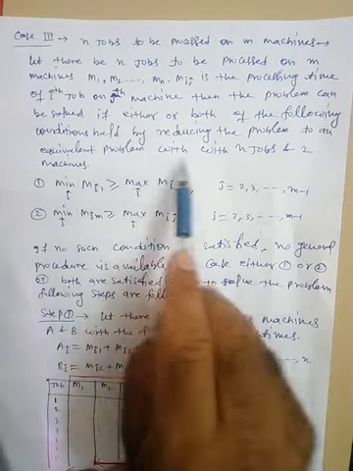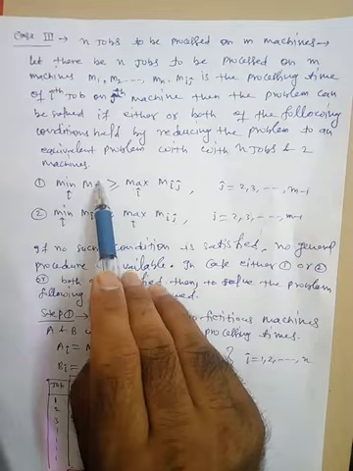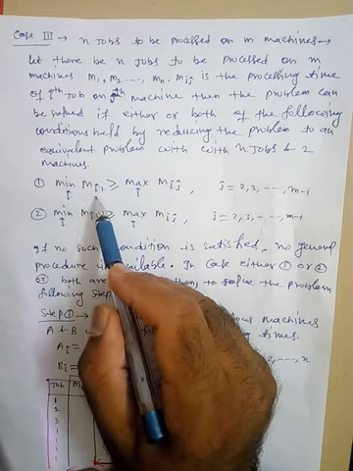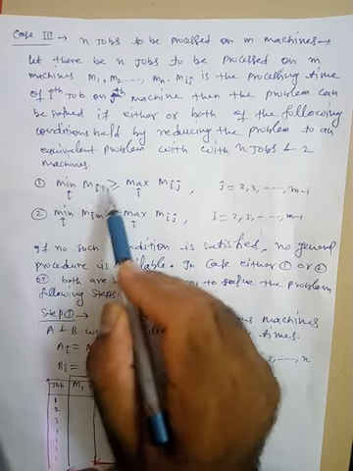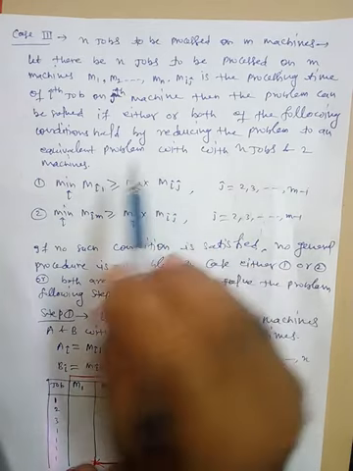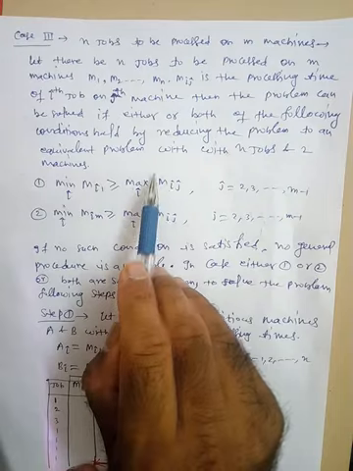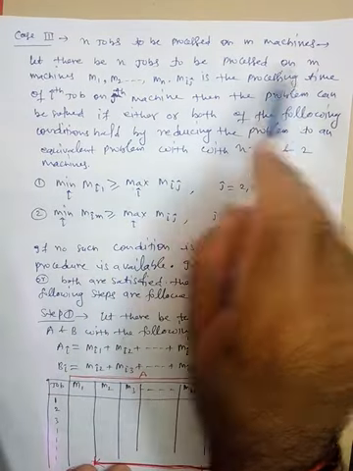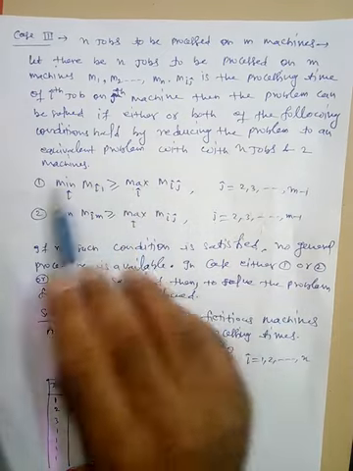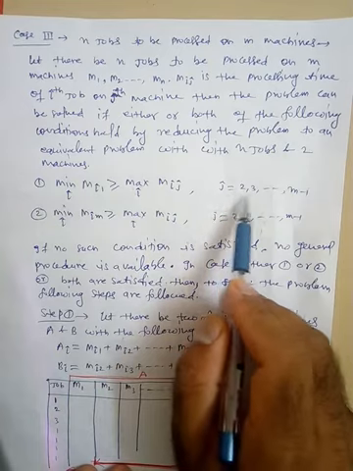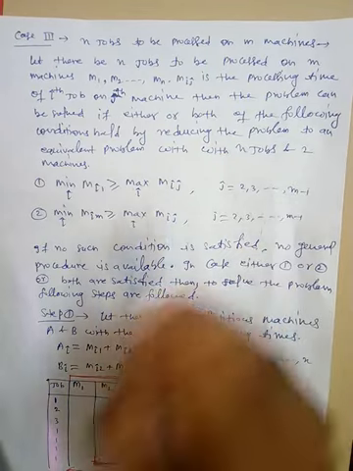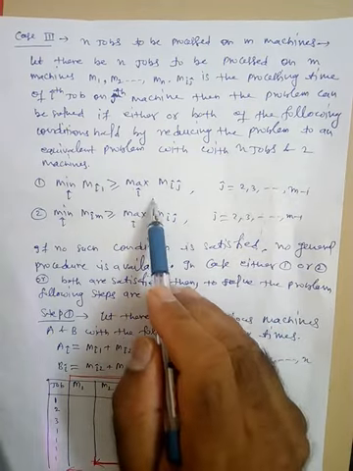by reducing the problem to an equivalent problem with n jobs and two machines. Again we are having two conditions. The minimum of the first machine's processing time is greater than or equal to the maximum of the intermediate machines, that means from the second to the (m minus 1)th machine, where j runs from 2 to m minus 1, that means the second to the second last machine. Find out the maximum times.